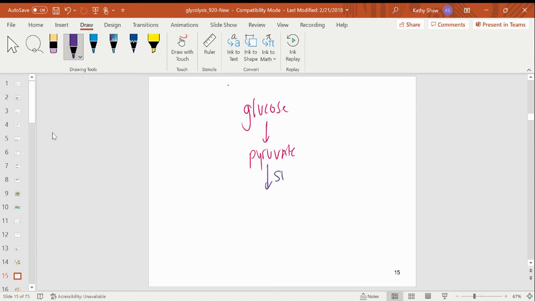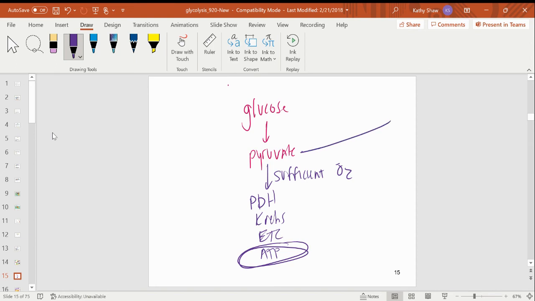If I have sufficient oxygen, now I'm going to go to the pyruvate dehydrogenase complex, Krebs, electron transport, all my stuff, and get my ATP. If I don't have sufficient oxygen,